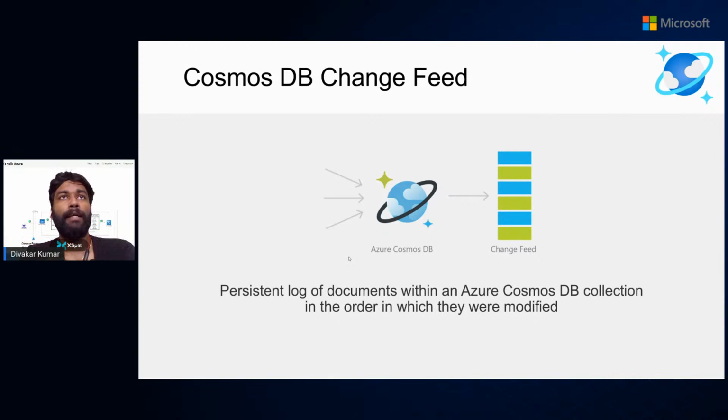Consider this example from the retail industry. You are adding an item A to a shopping cart, and adding an item B to the shopping cart, and then you are removing item A from the shopping cart, and now you are checking out the items. So this should be in order, because at checkout you don't need to have item A in your checkout. In order to do that, you need to define your partition key well.